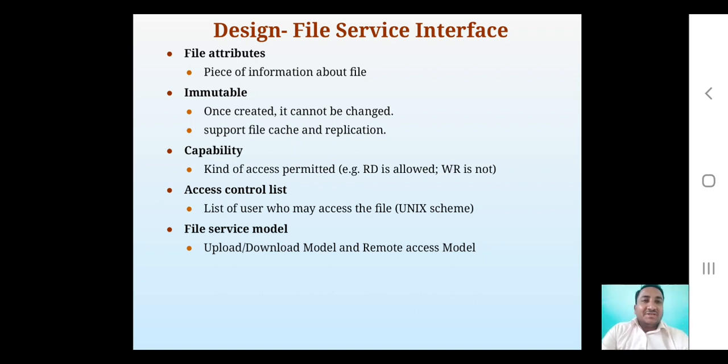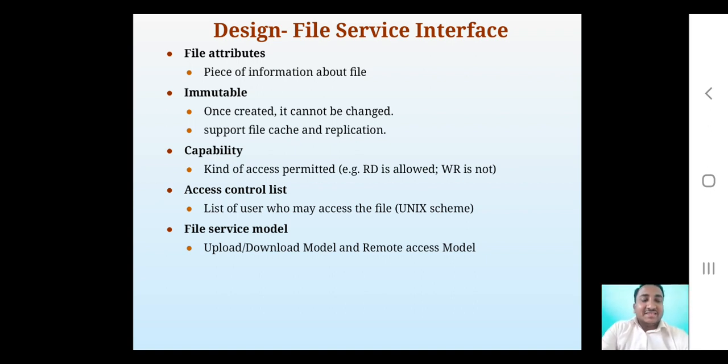In such a design specification, when the user creates a file, he makes that particular file available only with read access, or only execute access, for the different types of users. Such a file can be characterized as an immutable file, where the file, once created, cannot be changed, neither the type of data it is holding nor the type of access that particular file is providing. Such files will be used where we have file caching and